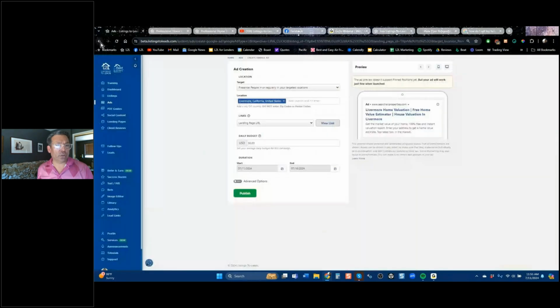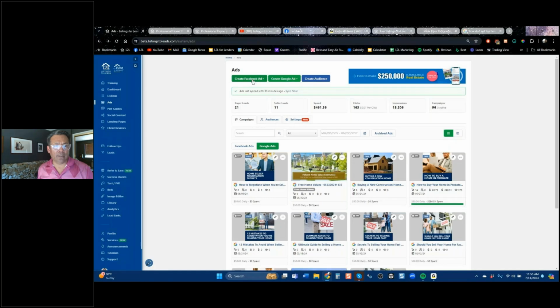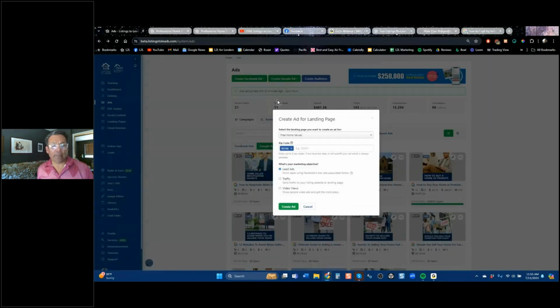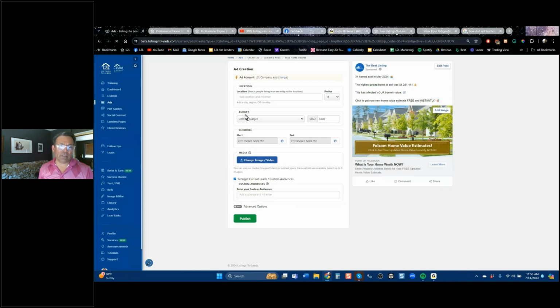And let me show you, because I don't see agents doing this on Google too much, but I definitely see them do it on Facebook. They create a landing page ad with our default free home value. And our free home values page is like this, right? It's got this generic picture of a suburban neighborhood with trees and mailboxes. And on Facebook, they do it and they don't get great results usually because it's just generic. This one actually says Folsom. Yours won't. It just will be super generic. And you would type in Folsom or whatever town you want.